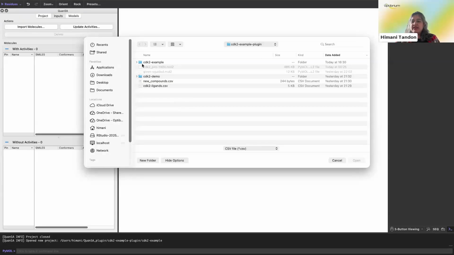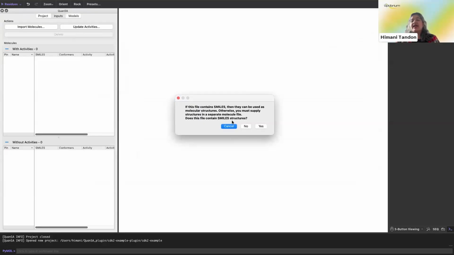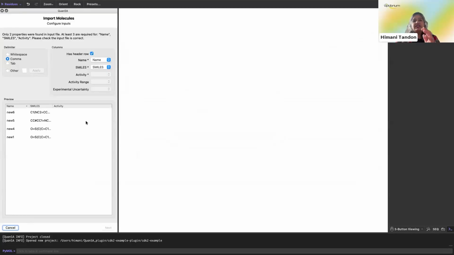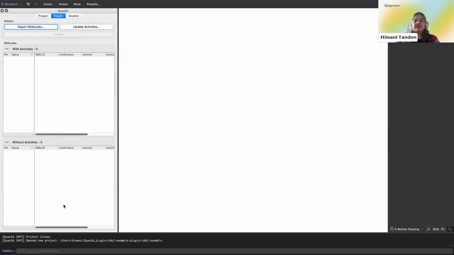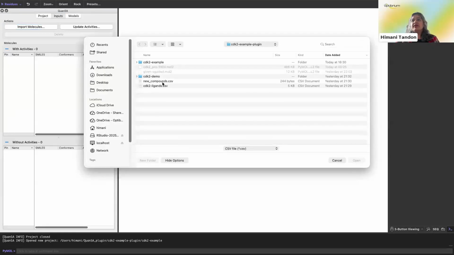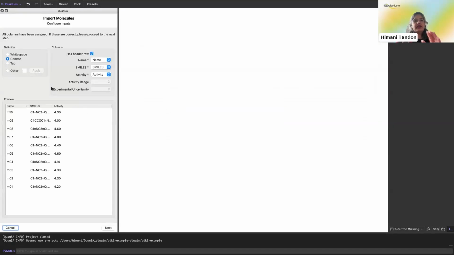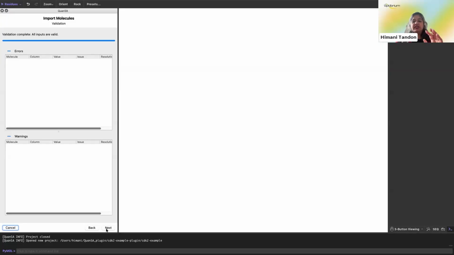So once we have that, we can just click on the file that we want to select, and it'll ask a bunch of questions for you to confirm whether your data has smiles or any other format. And then if you want to import the activity data as well, which you would like to, and then once you click yes, it would do, I'm sorry, I think I should select another molecule, this one. So once we have imported it, it would do a sanity check of the molecules and then automatically identify the fields. And then once you click next, it would just do another sanity check for the names and everything.